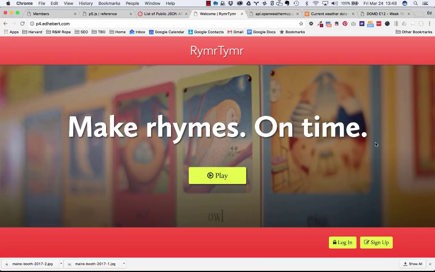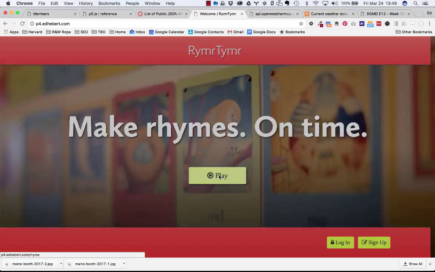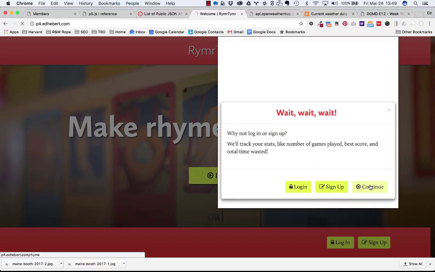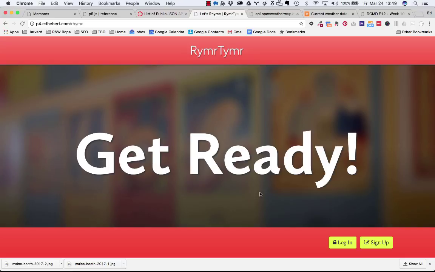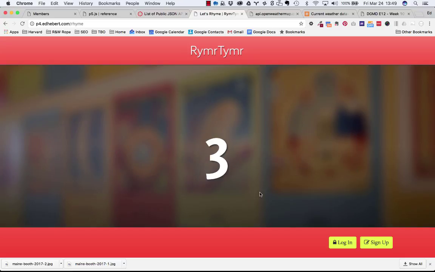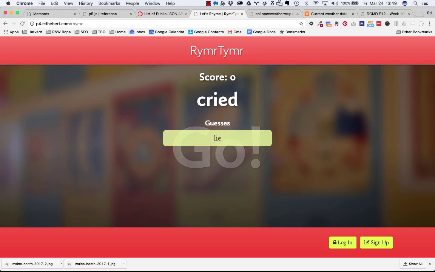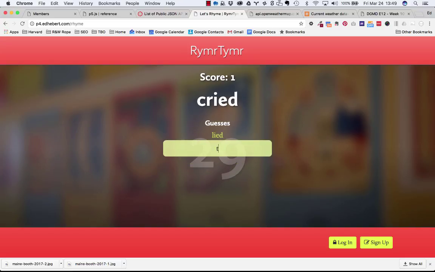This game, I used the Wordnik API, which is a dictionary API. And this was several years ago. This code doesn't look as pretty as it should. So it's fetching a word, cried, and now you have to start typing words that rhyme with cried, right? So it's looking for rhymes on time. So lied, yes, that worked. Tried,